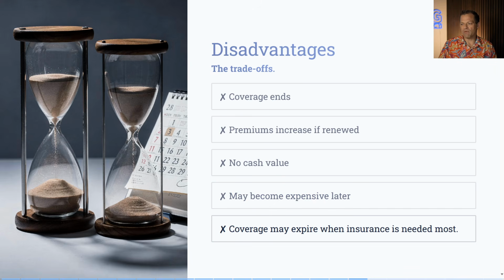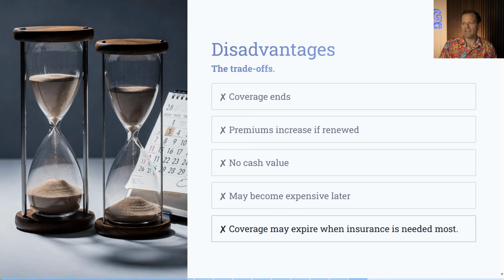And coverage may expire when the insurance is needed the most, which again comes back to why you should be effectively thinking through, why do you need this coverage, Mr. Prospect, Mr. Client? What do you want to accomplish? It's a very important question, because if you don't qualify that, then people will make all sorts of decisions that are against their actual goals. So this is why people need you to help them out,